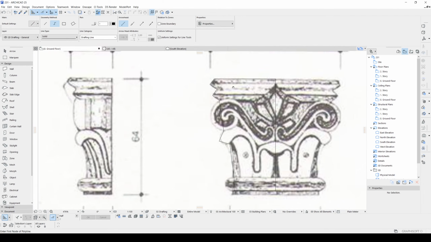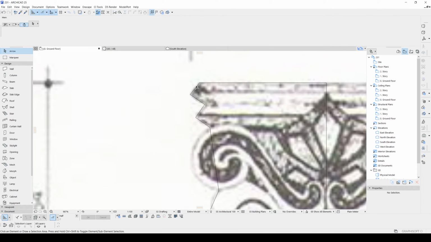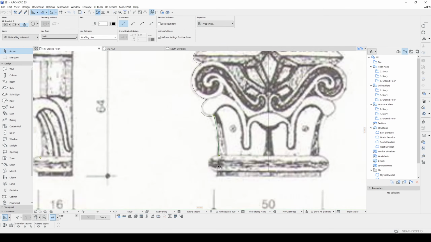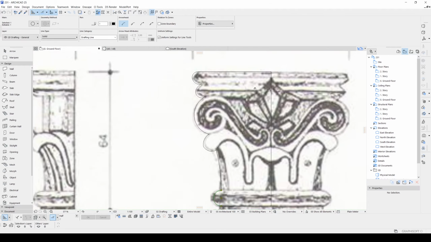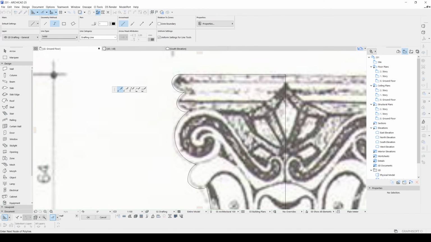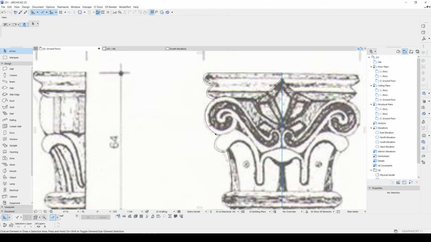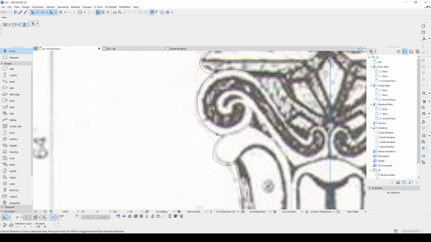Once you created your single lines, you can turn them into curves. Also, we have another line here and this one. It will be better if we continue this line.